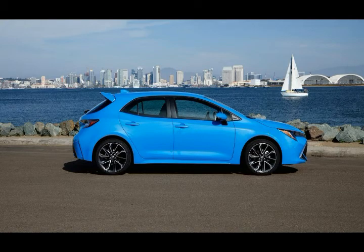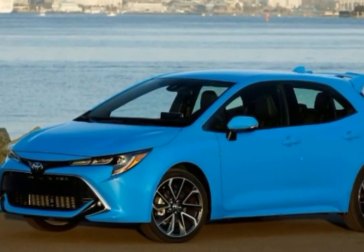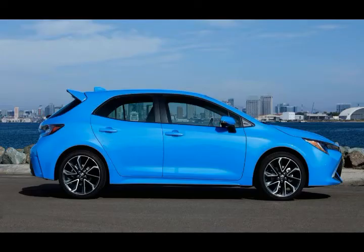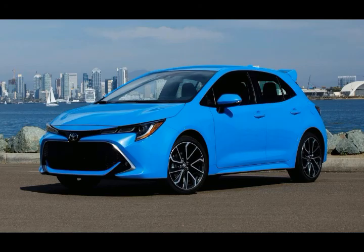2019 Toyota Corolla hatchback first drive, as good as it looks. No mincing words here, the Toyota Corolla hatchback is at the top of its class. Say what you will about the Toyota Corolla, but the fact remains it's the best-selling car ever built. Full stop. 50 successful years and more than 44 million Corollas sold have solidified the small sedan's place atop the